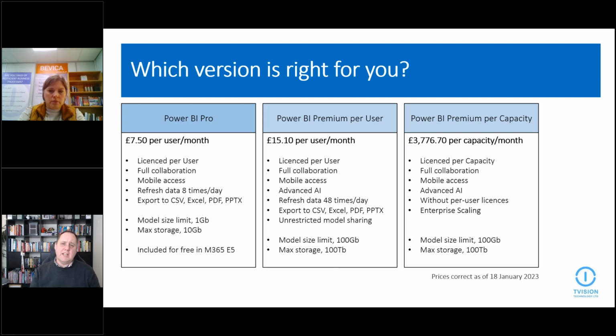There are some limitations as to how it works, but they won't cause friction in how you use it. If you've got over 200 and odd Power BI users, then premium per capacity might be the way to go. It's a fair bit of money, but there's no requirement for consumers of this to have licenses. They just get it, which is pretty neat.